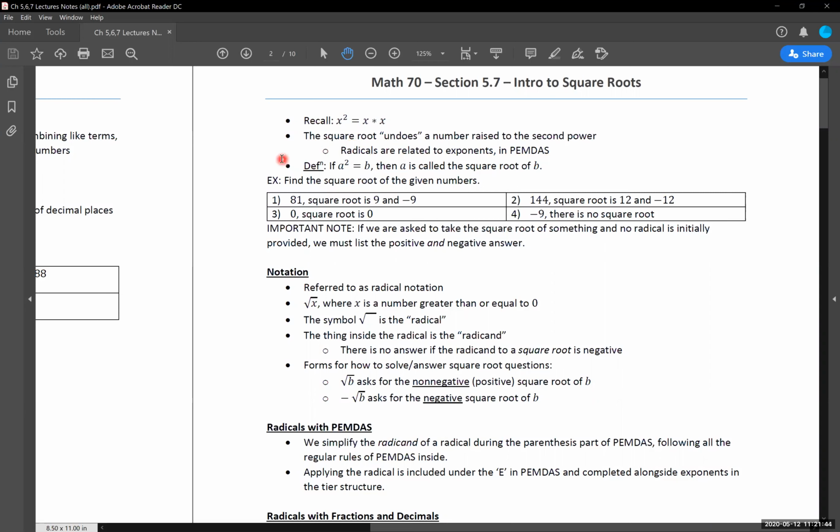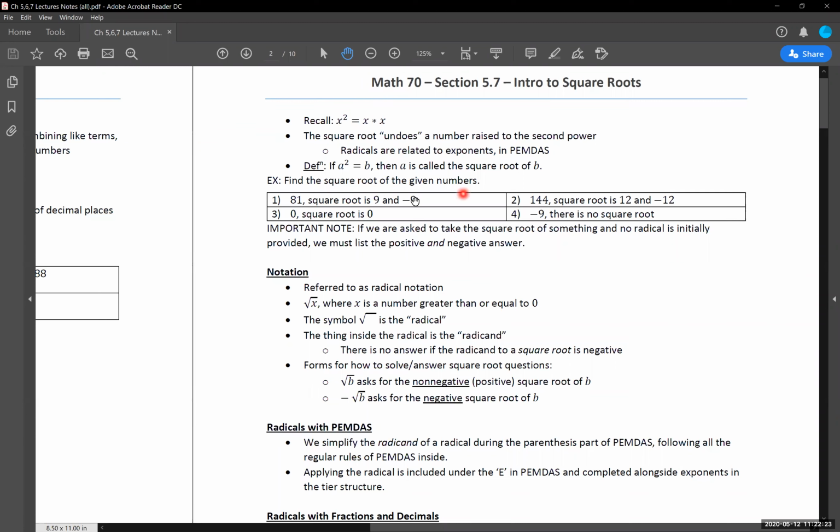So our main definition for our square root: if we have a to the second power, it's equal to b, then a is called the square root of b. The idea behind it is this is the main number that we get that when we square it, we get a value coming out from. I've heard it likened primarily to the idea of a plant, or this is the root that the answer grows into when we square it, or we cube it, or we fourth it, something in that regard.